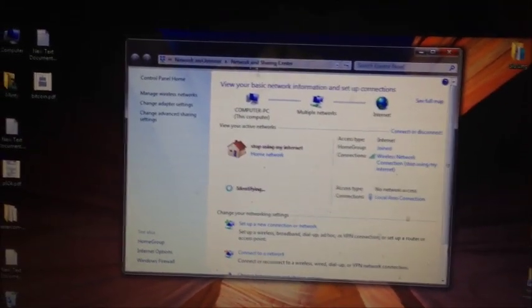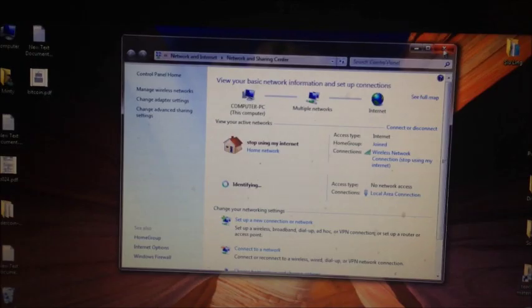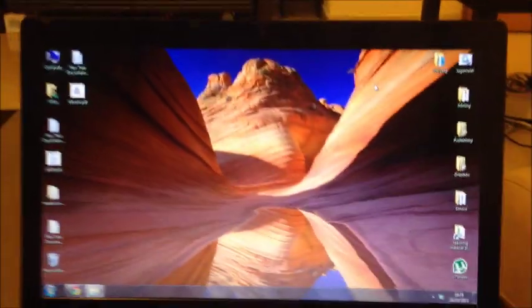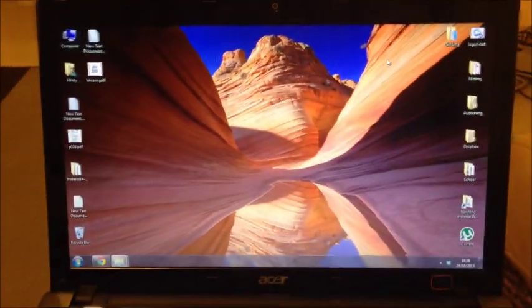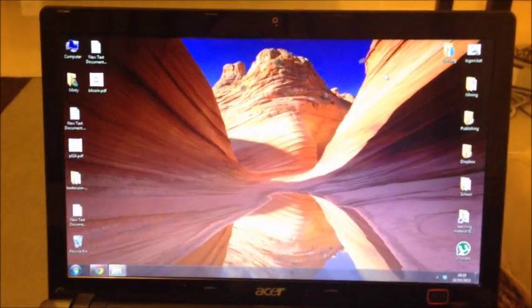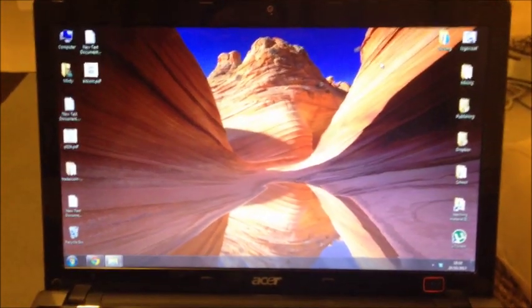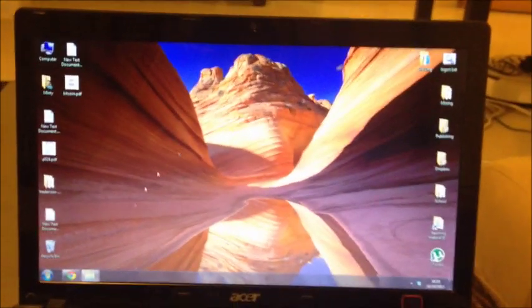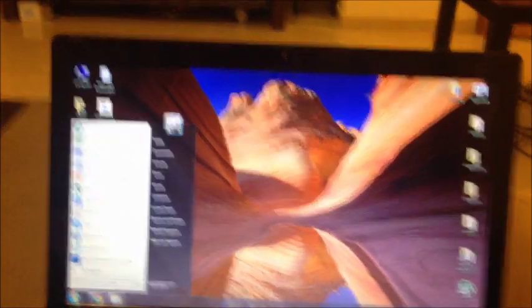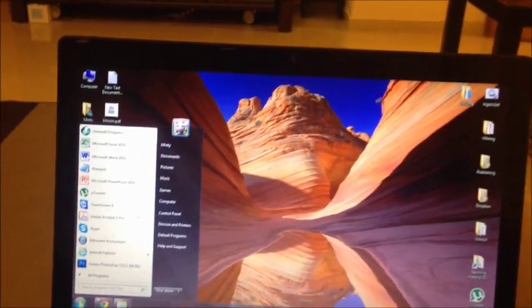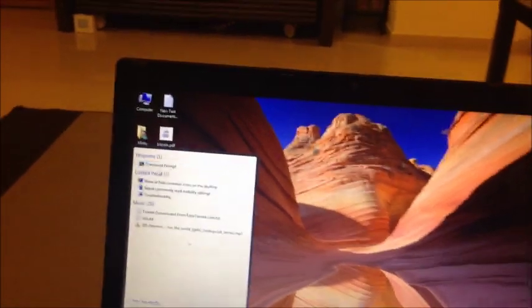So the first thing we need to do is find out what your gateway address is for your computer. This is very important. You'll need it to make the Avalon unit communicate with your network. So first go to Start, type command, find command prompt. So here we go, there's command prompt. Open up command prompt